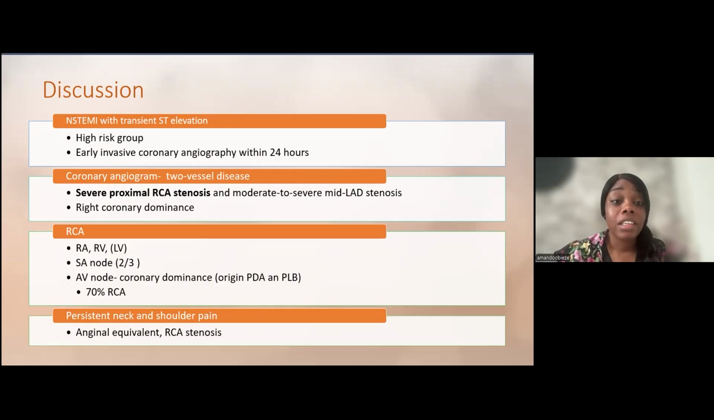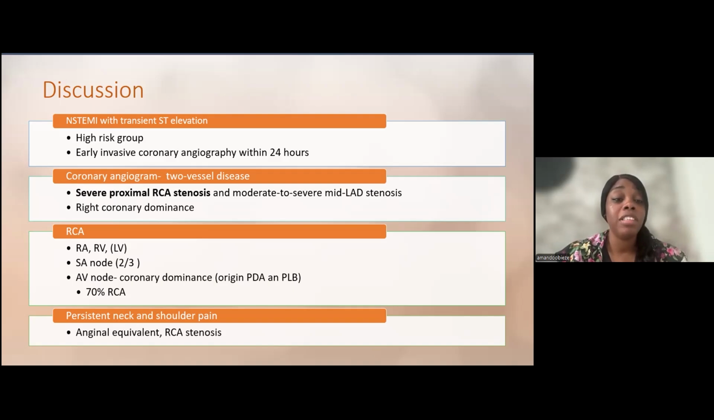This patient had two-vessel disease. He had a severe proximal RCA stenosis, but also had a moderate to severe mid-LAD stenosis, and we feel that all his symptoms can be accounted for by the severe proximal RCA stenosis. Given the fact that his PDA came from the right coronary artery, we can say that this patient had a right coronary dominance. So a brief recap of the anatomy of the RCA,